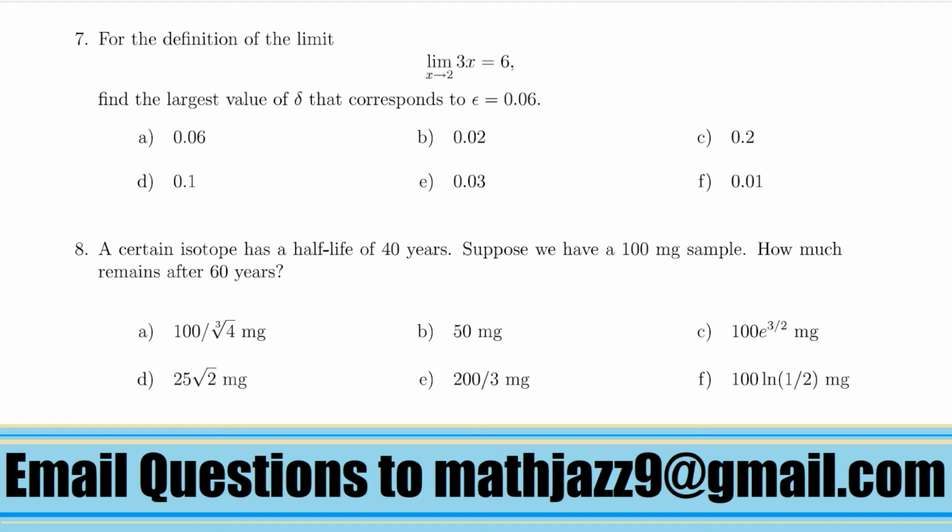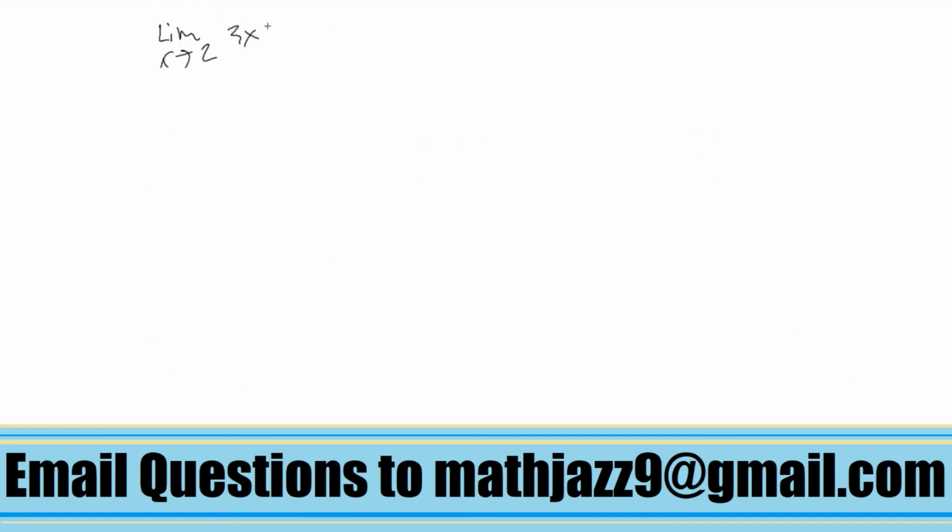we want the limit as x goes to 2 of 3x to equal 6. We want to use an epsilon of 0.06. We want to find the largest delta for this epsilon value. Okay, so the